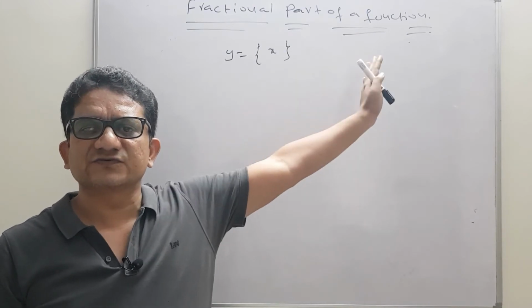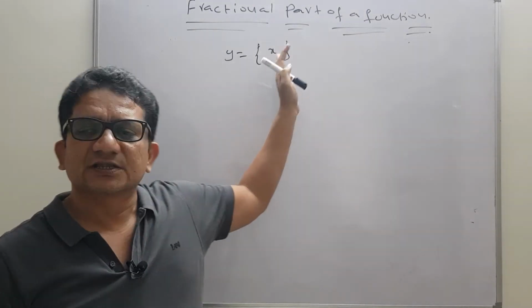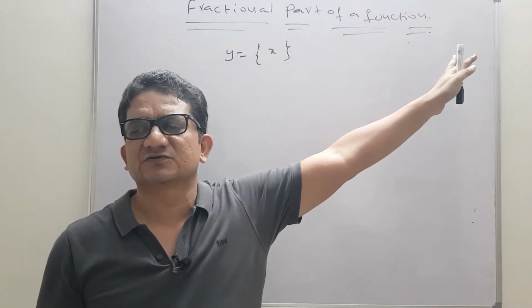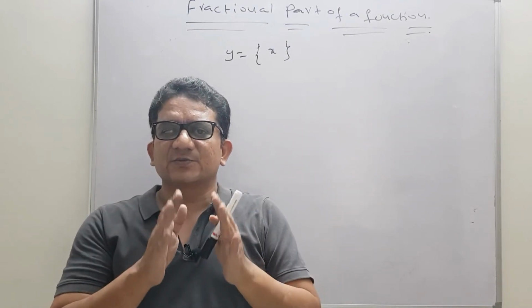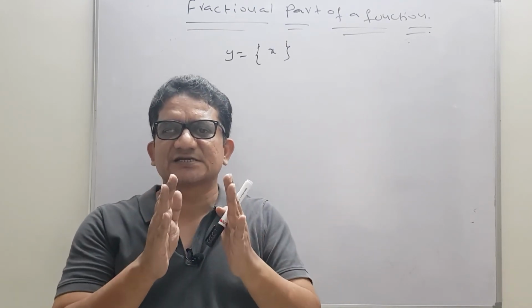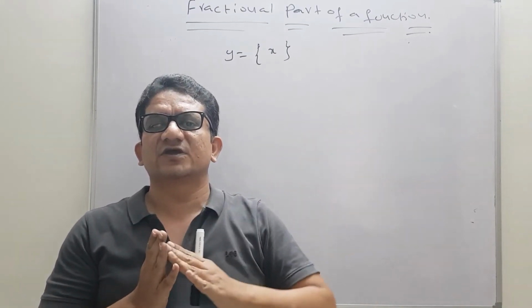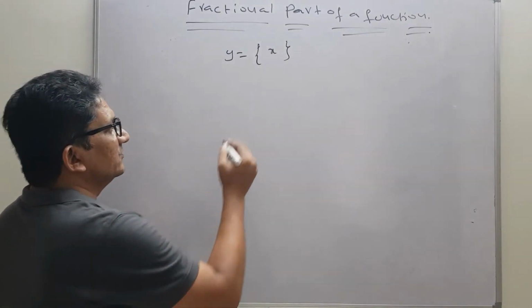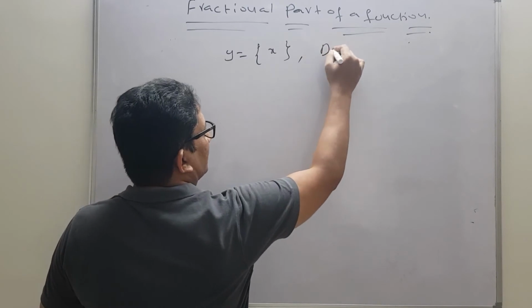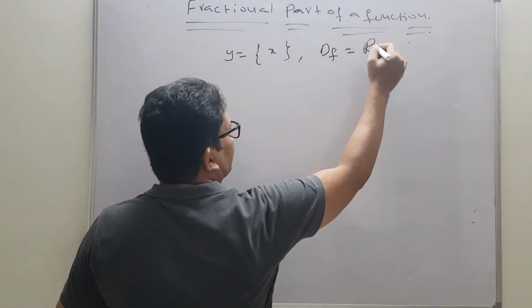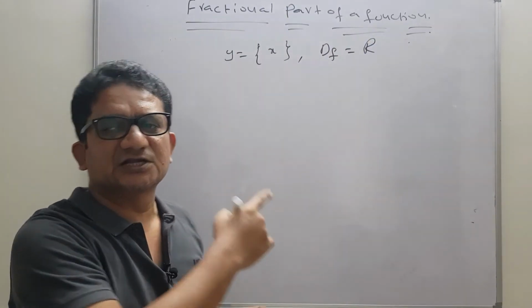If you give 0 for x, then the fractional part of 0 is also equal to 0. What I am trying to tell is, for the fractional part of x, we can give any input. When we can give any input, then we can declare the domain of the function is the set of real numbers. So it is also an R club member.